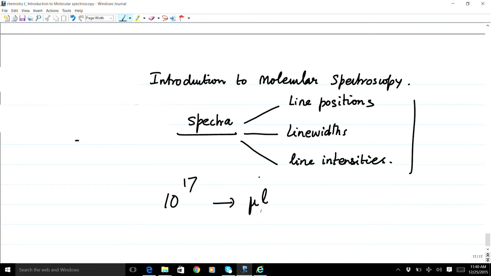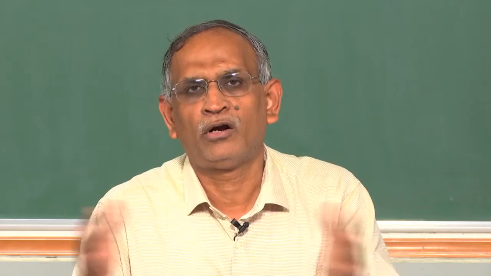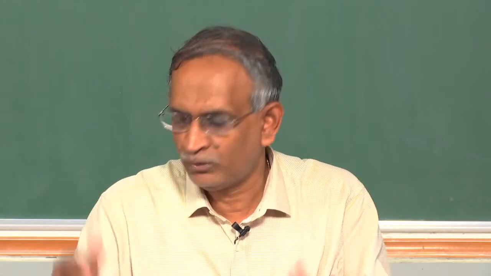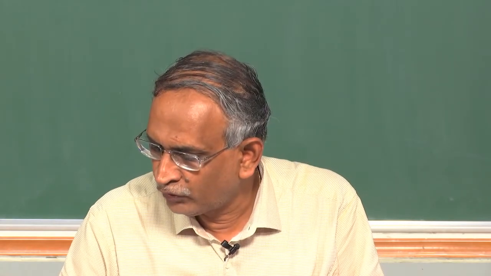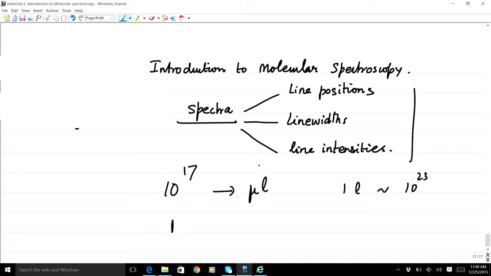Microliter, assuming that 1 liter contains 10 to the 23 molecules. And that is a huge number of molecules, and therefore not all of them have the same energies. There is a distribution, and the thermal distribution at equilibrium is given by the Boltzmann formula, that the number of molecules in any energy level E1 to the number of molecules in another energy level E2 is given by the ratio,